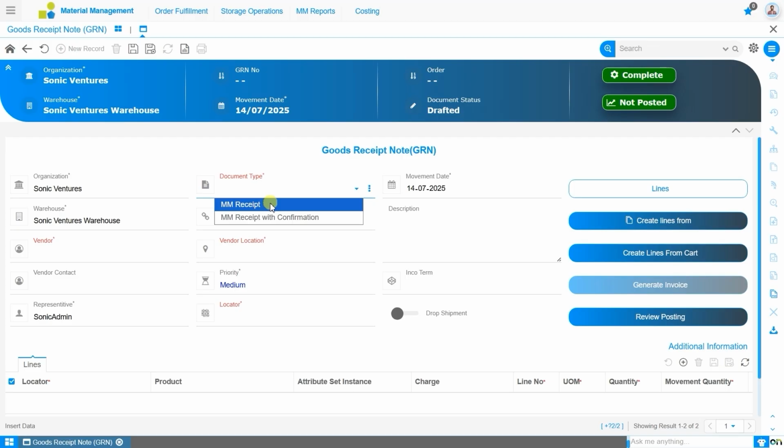For now, we will proceed with the simple process, as no confirmation is required in our case. We have already understood the different transaction types of GRN and the purpose of these two types. For a detailed explanation of the transaction type with confirmation, you can refer to the dedicated training session on PO with GRN confirmation topic. For now, we just need to enter the date of movement as the 15th of July,